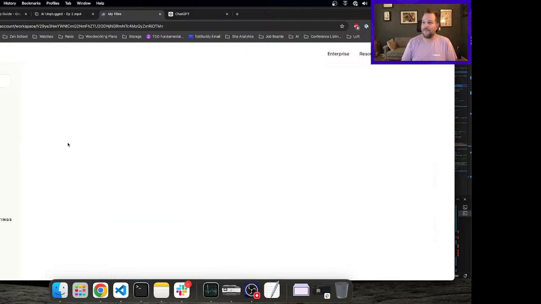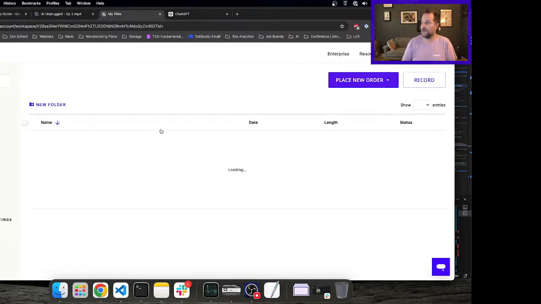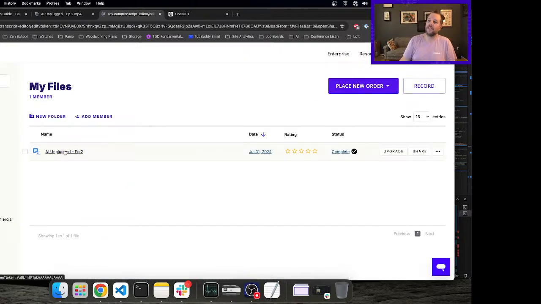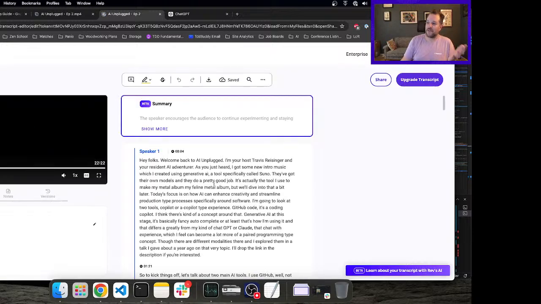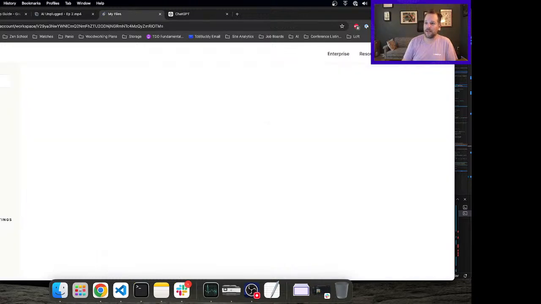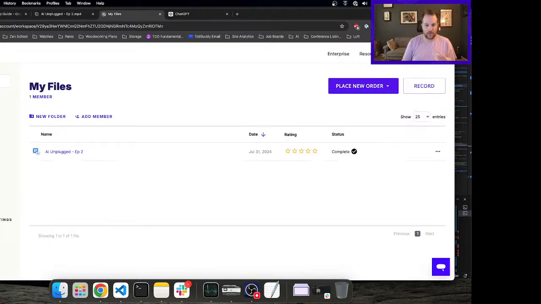I like this My Files concept where you can see the file. It's there. Like I said, they've really leaned into the transcription side of things. That's nice. Not where I really want to be, not what I'm looking to do. I just want to build tooling around being able to use these various streams to move forward,